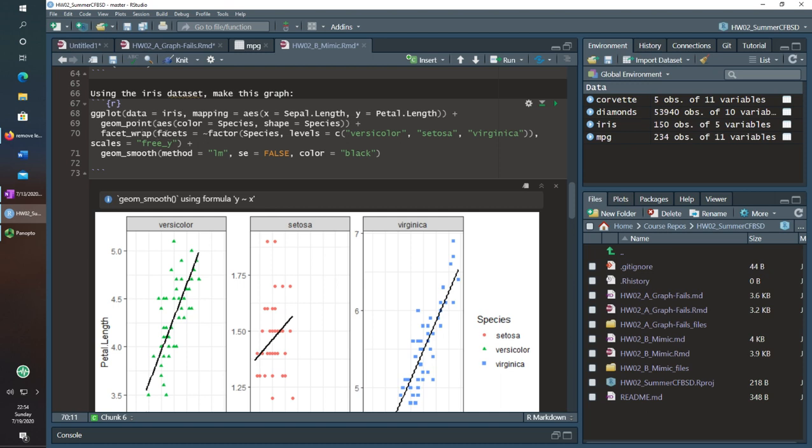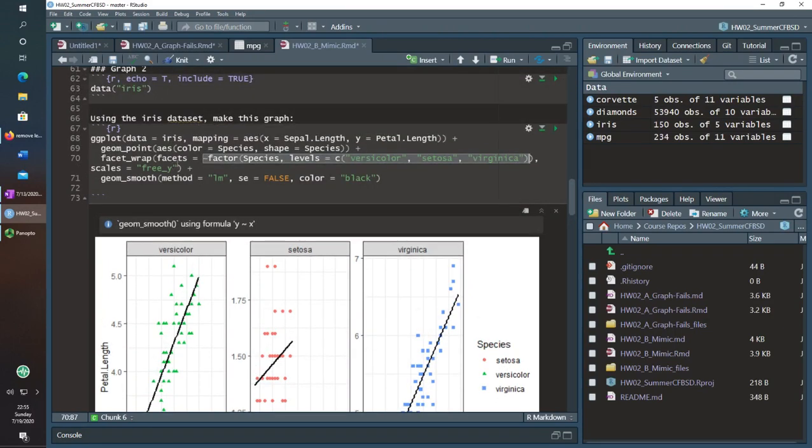This time I'm doing facets, and this tilde, you'll find out if you use it in different things, kind of means "by." In this case, you can see that in geom_smooth, it's y approximated by x, so it's basically a linear formula where y is being predicted by x. That's how I interpret it, how I read it sometimes in my head.